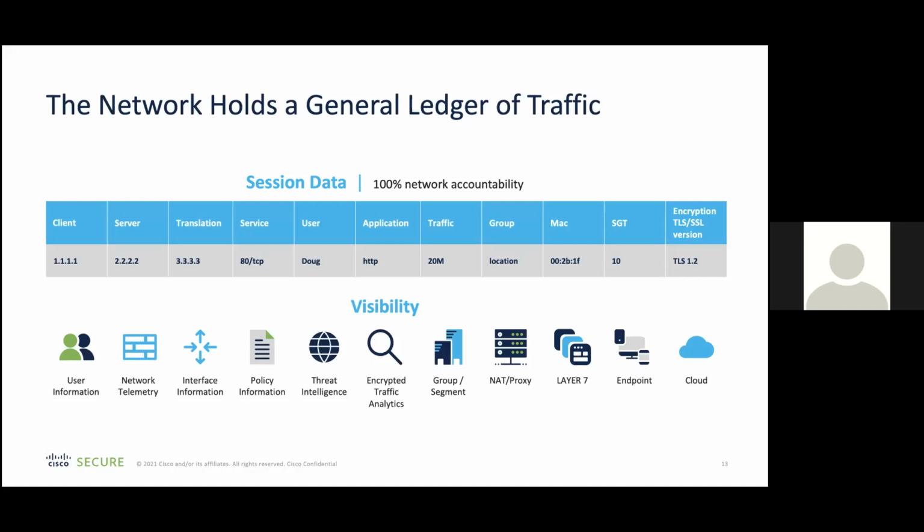Did it go through a NAT translation? What service is being used? Or what user is actually the one that's using that process or kicked off that process? What application is being used? We can tell the process hash, right? So not only what user kicked off the process, but what was the actual process hash that's responsible for that communication flow? And we can take all of that information, you can use it to start building a